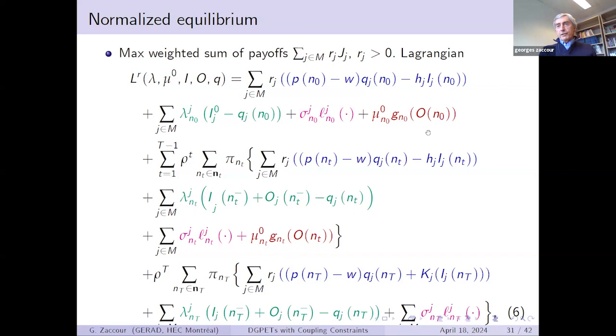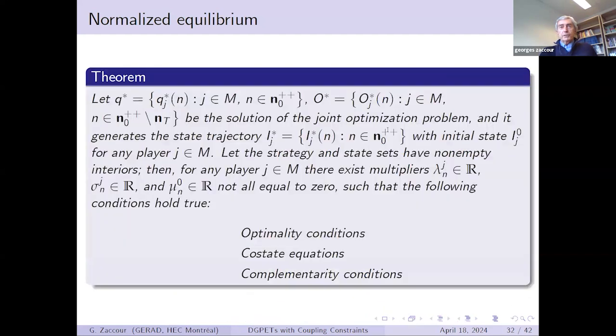And this one that is of interest to us is the coupling constraint. What the regulator here is doing is appending a Lagrange multiplier to this coupling constraint at all nodes. So here it's at node N0, and this is at any node NT. And of course, this is under the sum. So for someone, the regulator or the manufacturer or whoever is in charge of solving this problem, solving it will give this multiplier, and after that, we can decentralize the solution to the players.